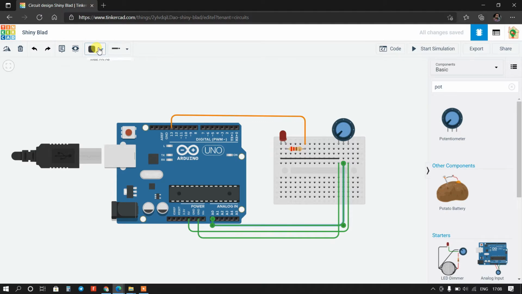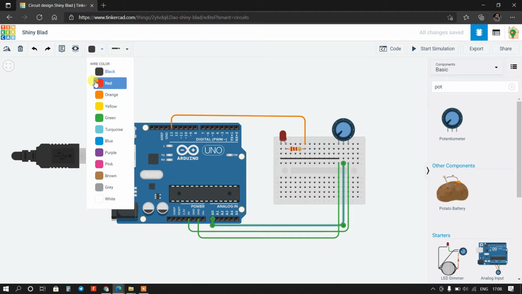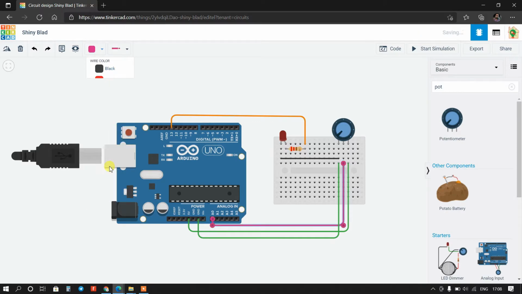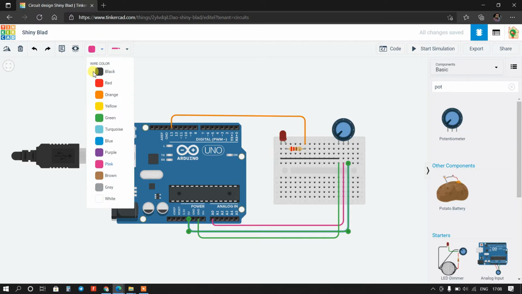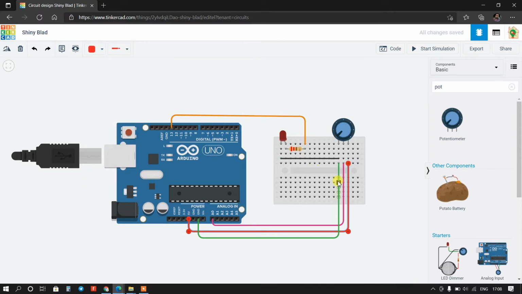Signal will be here like pink, and 5 volt will be red, and ground will be black.